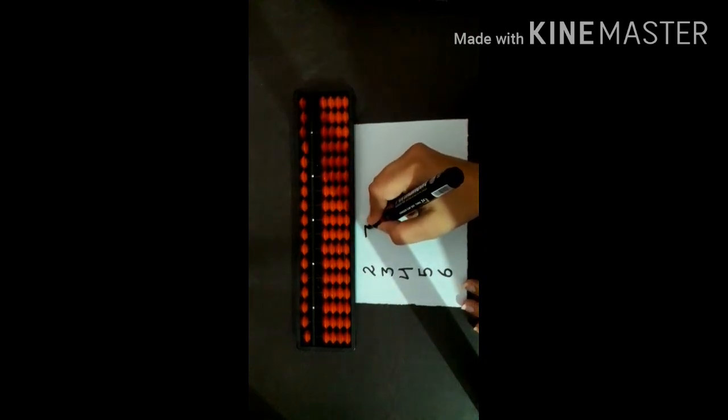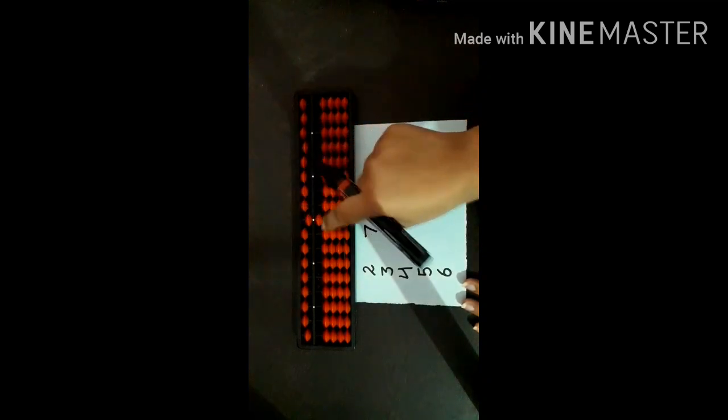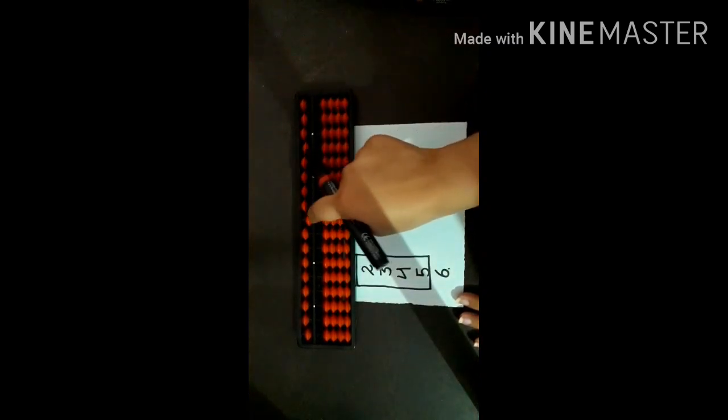Now if you have to add 7, 5, 6, 7. From 6 onwards, you have to take the help of 5. For these, you can do the beads directly, and from 6 onwards, you have to take the help of 5. 5, 6, 7. Now set your abacus.